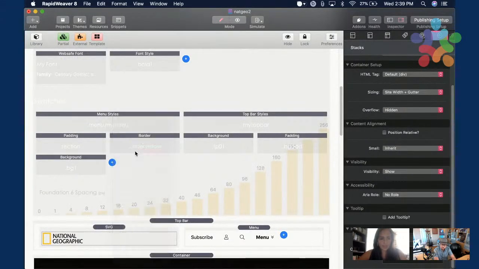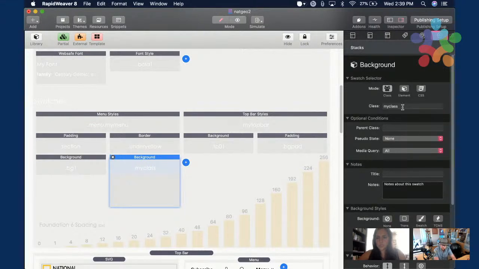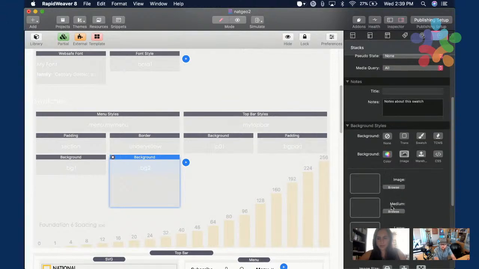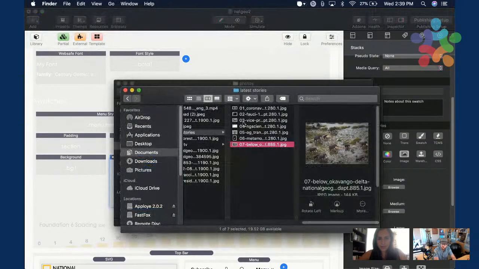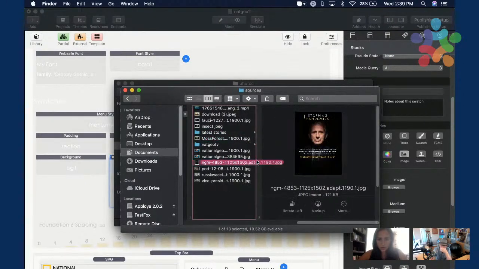And I'm going to add a swatch called BG2, and add an image there, the image of that guy.